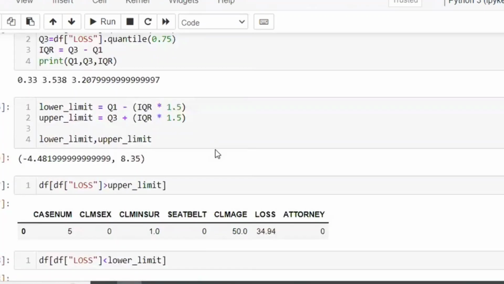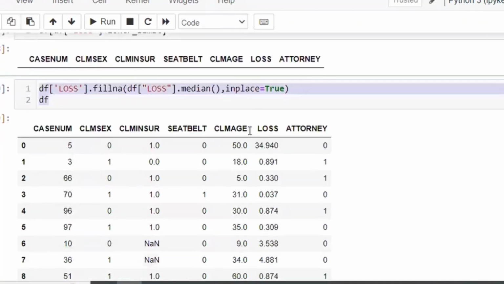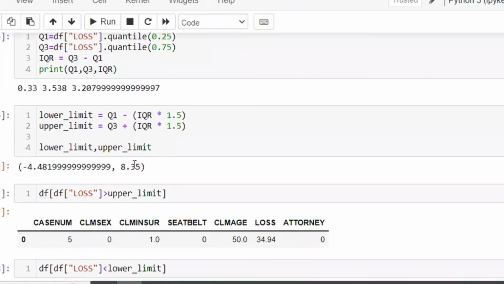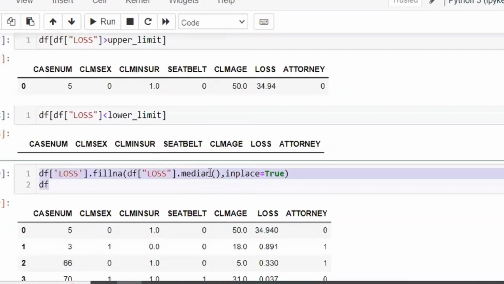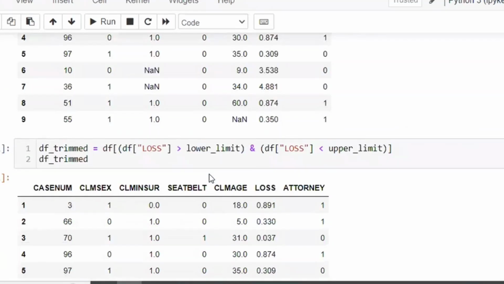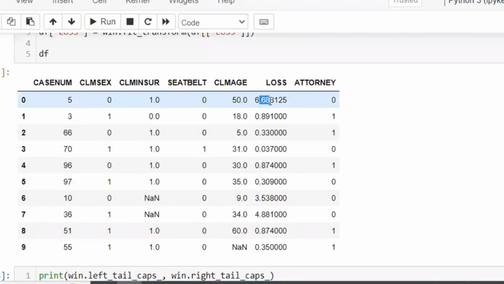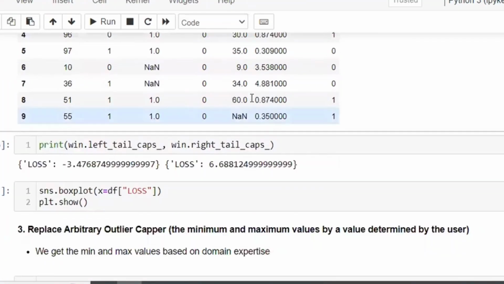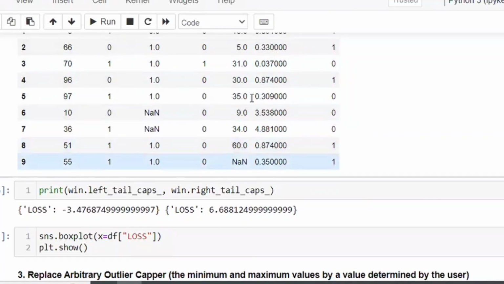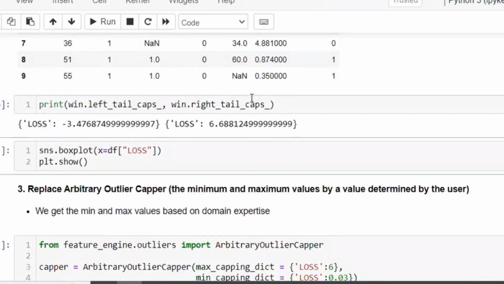How to fill that value is median. You are going to fill with median. This value, 8.35, is what you calculated before the filling. So after filling, the upper and lower limits are with respect to 6.68. Is that clear? So now automatically it is going to fill the upper values with 6.68 and lower value minus 3.47. But no need of lower values, nothing on the lower side. So upper, whatever the data is there, it is getting replaced. Now if you apply the box plot, see,